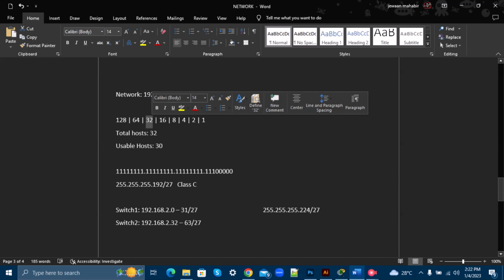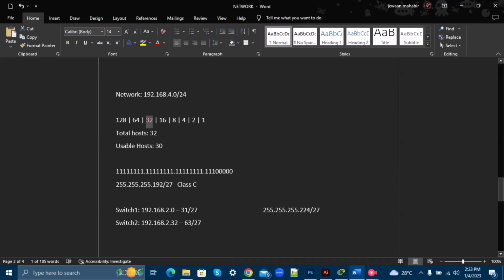So for this network, we will be using a magic number of 32. Let me just highlight that for a second so you all see it clearer. Good. We'll be using a magic number of 32, because we are only trying to get 30 hosts. Because we use the 32, we get a /27. To the right, you can see that we have our subnet mask, which is